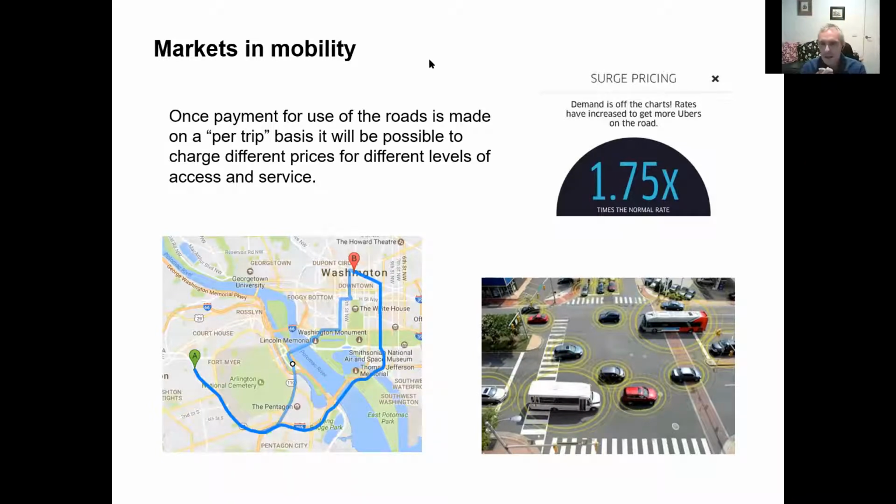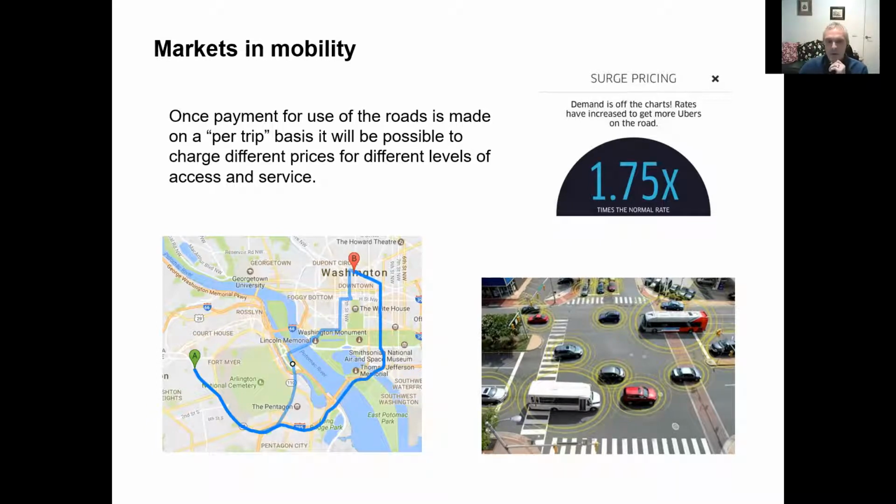One of the key ideas is that that'll head us towards a dominant model of access to the roads being priced on a per trip basis. And once that's possible, we'll also see the possibility to charge different prices for different levels of access and different services.